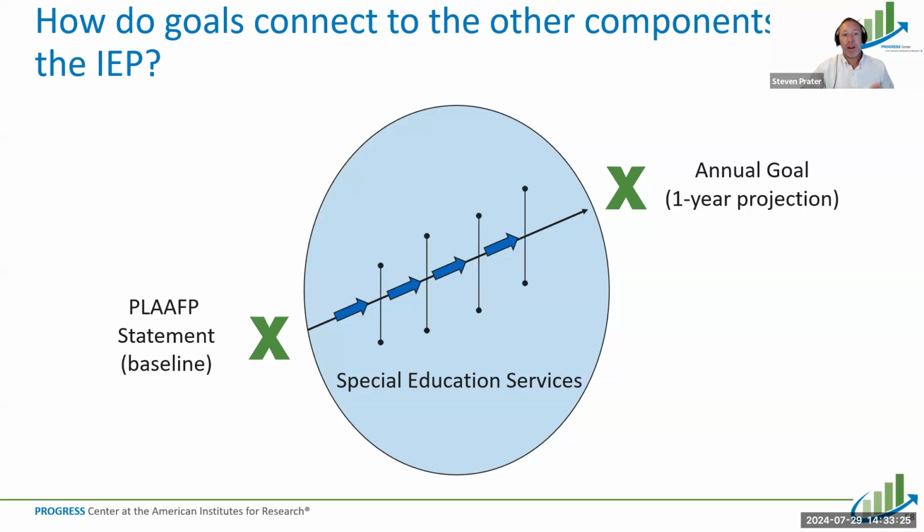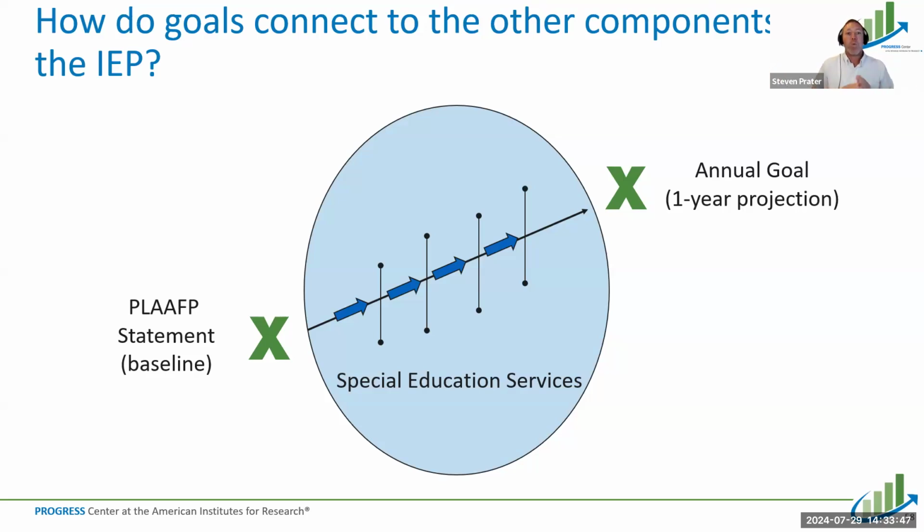And in between there, you're going to have that monitoring plan that's going to be able to check, is that student making the progress that we're expecting them to make? And if not, then we need to look at making some adjustments to that plan, because we don't want a whole year to go by and we know that that student's not making the progress that they should, and then